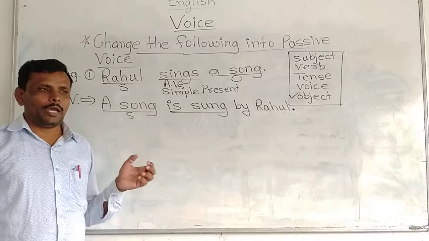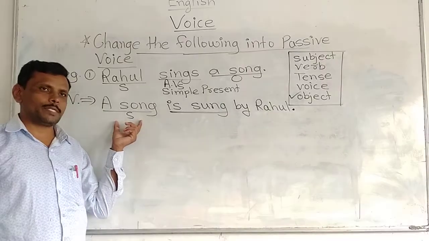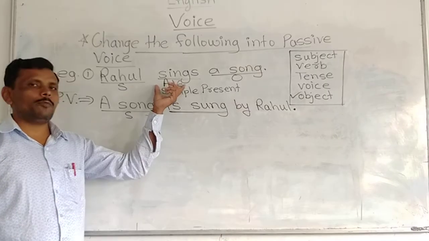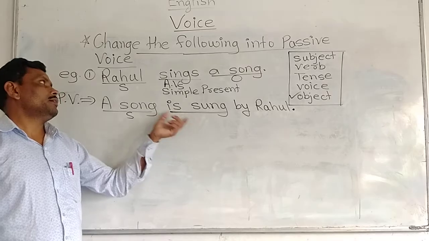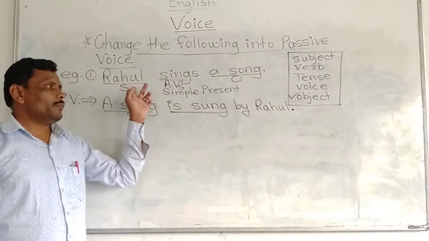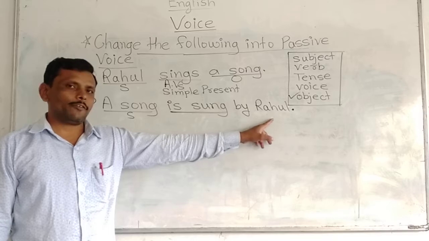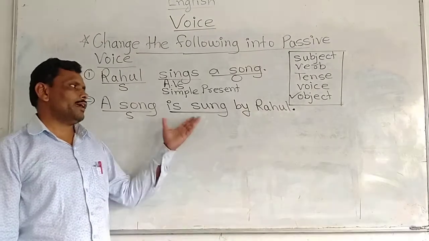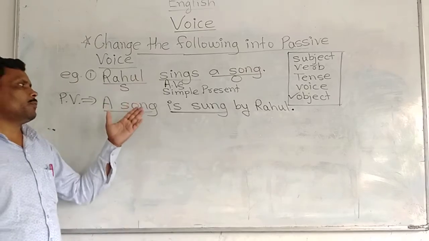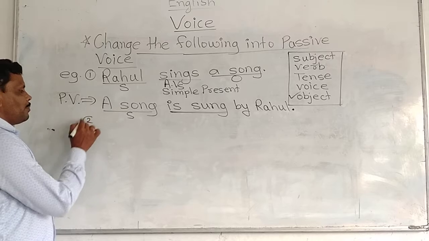What we have done: we have placed the object at first in the case of the subject, then this active form is changed into passive form, right? And then while putting the subject at the end in the accusative case, we have used by as a preposition, and we have changed this active sentence into passive. Now the next example.